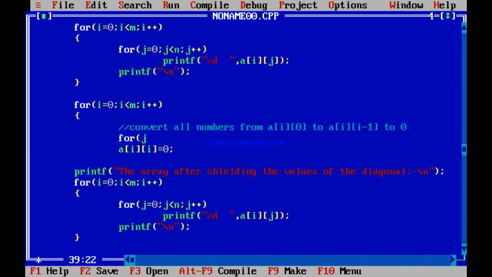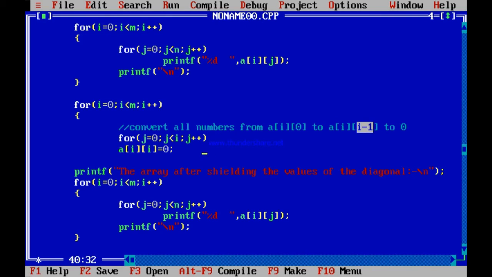So for j equal to 0, which one am I referring to as j? This is j. Starting from 0 to i minus 1, that is up to less than i. Is it not so? j equal to 0 to j equal to i minus 1. So j equal to 0, j less than i, j plus plus.